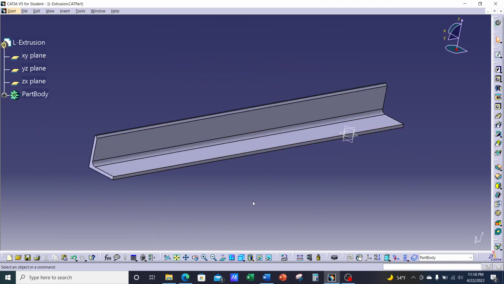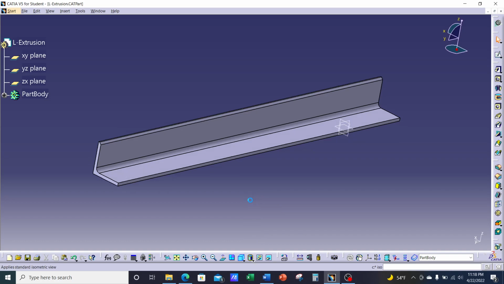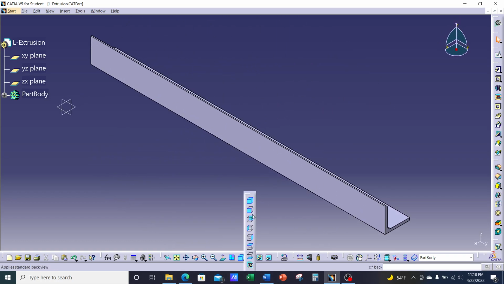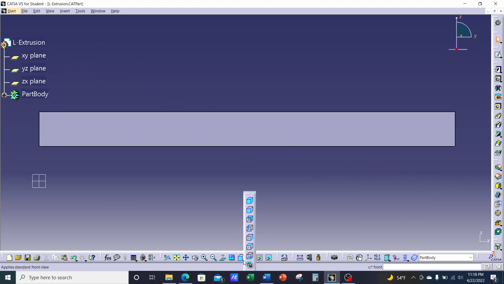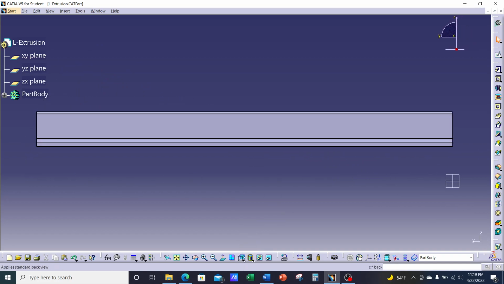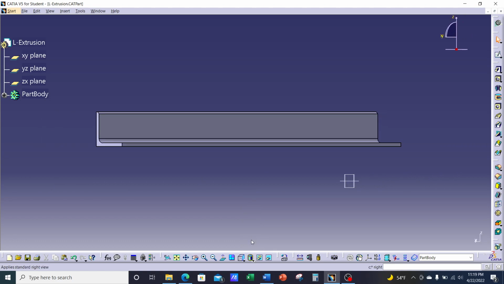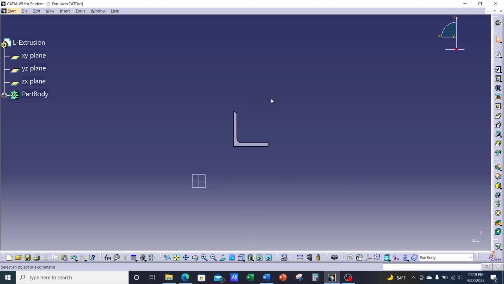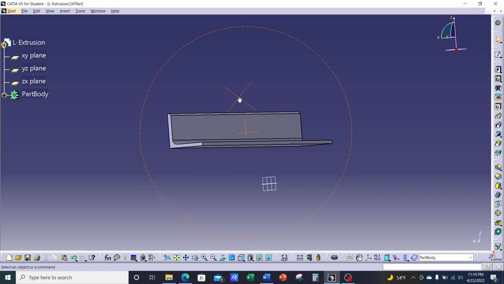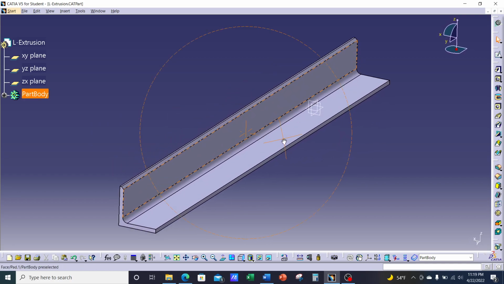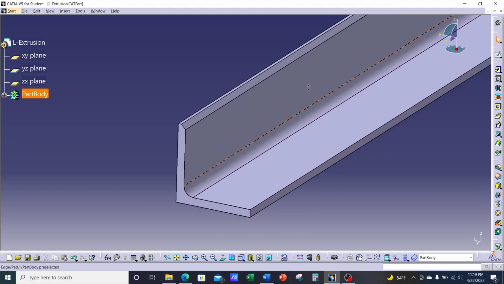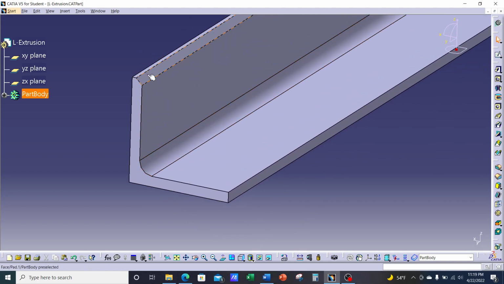Another thing you can use is this toolbar to show isometric view, front view, back view, side view, and so on. Okay, I'm going to hold on to the wheel and the right button to rotate. Alright, so I'm going to zoom in into this corner, not the chamfered corner. So this has a chamfer. Now we're going to learn how to create a fillet